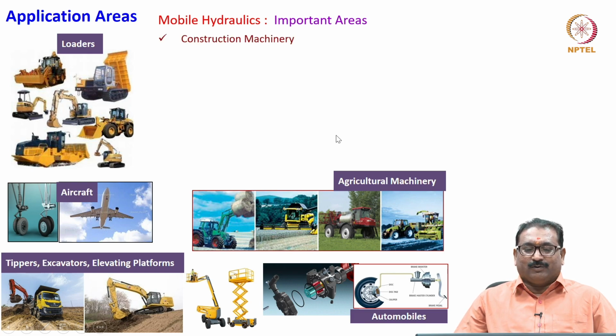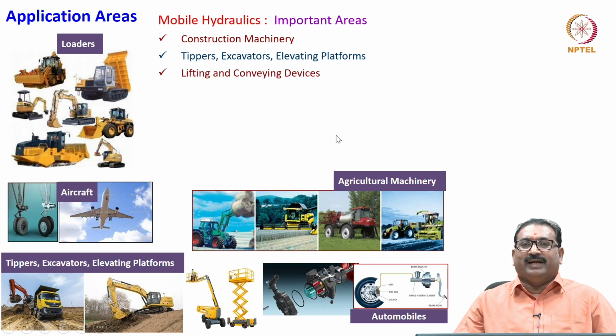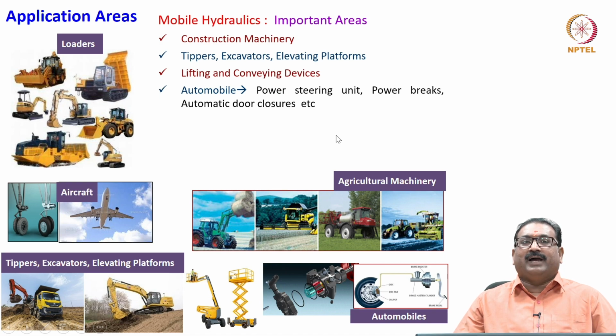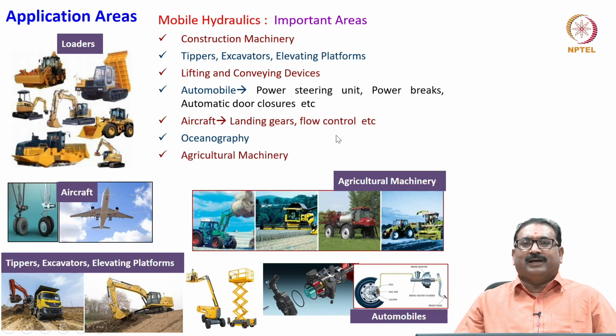Construction machinery, as I have shown, tippers, excavators, elevating platforms, lifting and conveying devices, automobiles alone, with many tasks: power steering, power brakes, automatic door closures, etc. Aircraft, one example is landing gears to control the flow, etc. Oceanography, agricultural machinery,